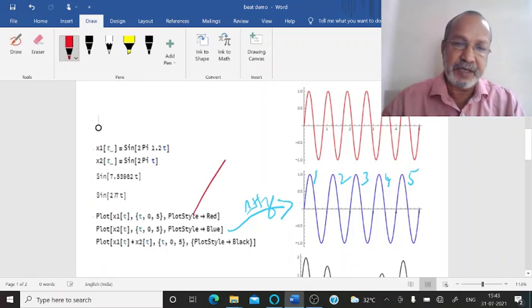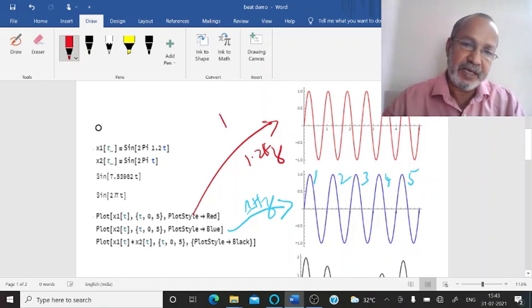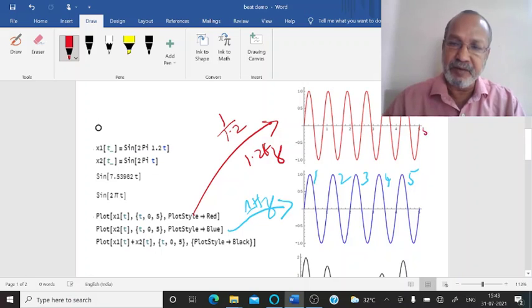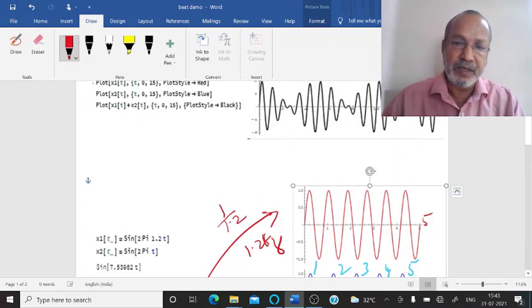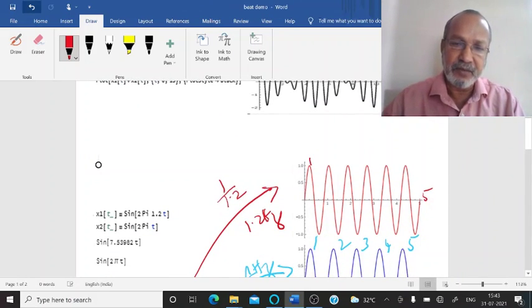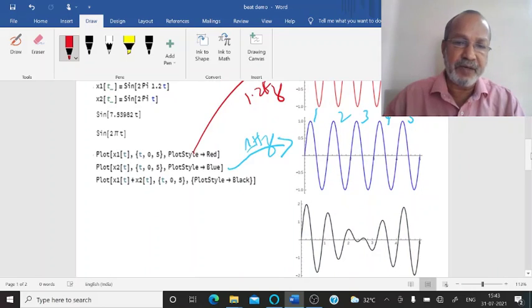In the first case the frequency is 1.2 Hertz, so the time period is 1 by 1.2, which is less than 1, so in 5 seconds we will get more oscillations. There are 6 oscillations here: 1, 2, 3, 4, 5, 6.